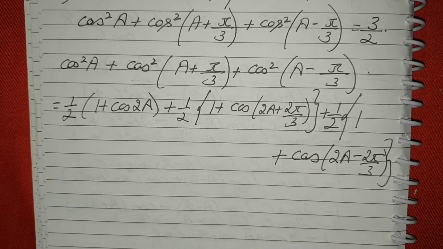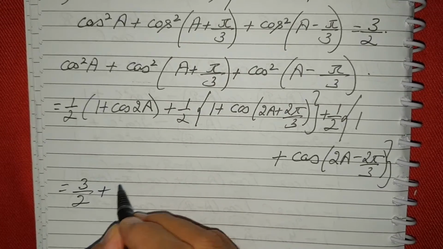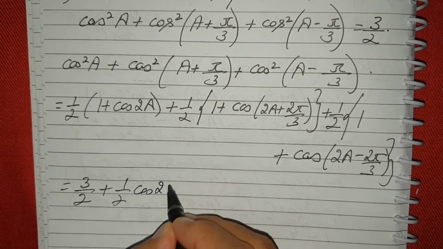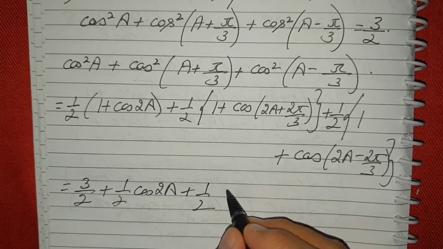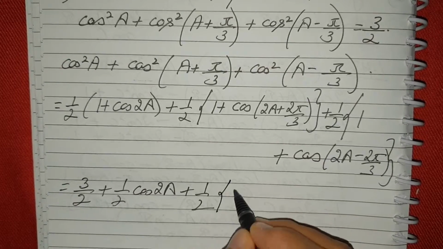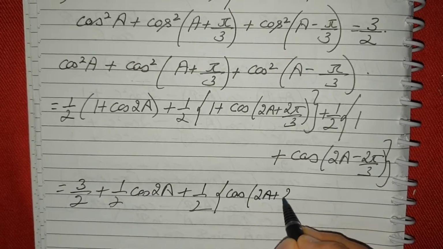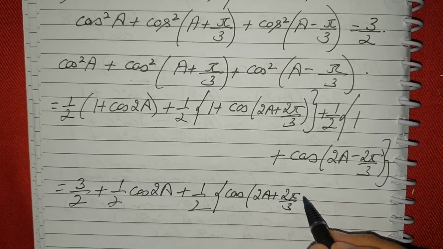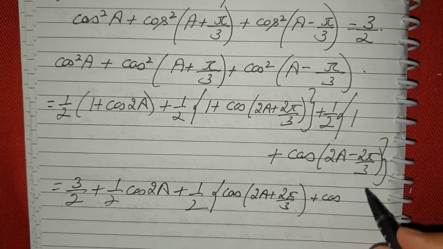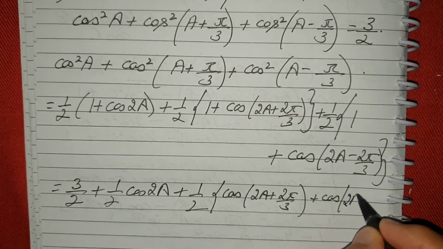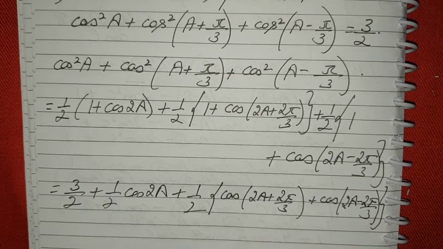So 1 by 2 plus 1 by 2 plus 1 by 2 is basically 3 by 2, plus this is half of cos 2A, plus half of cos of 2A plus 2 pi by 3. Okay, then plus, taking half common from this, cos of 2A minus 2 pi by 3. Okay, now